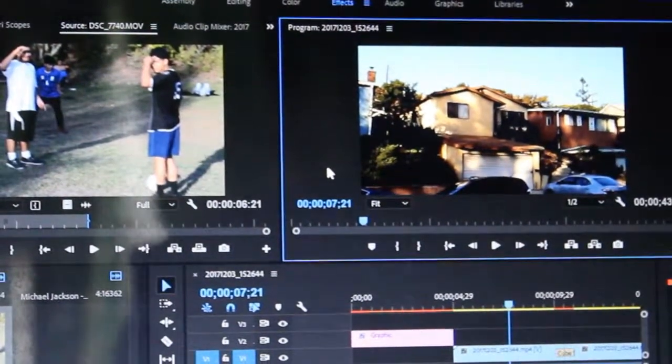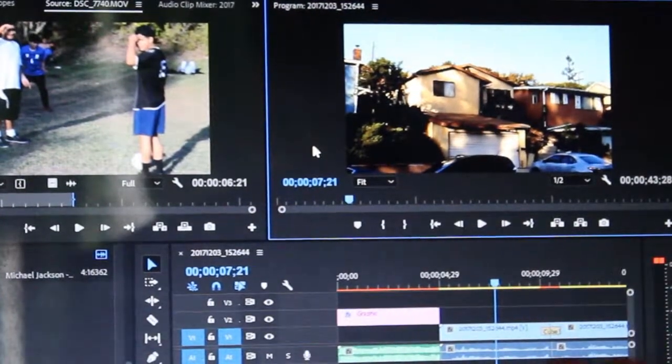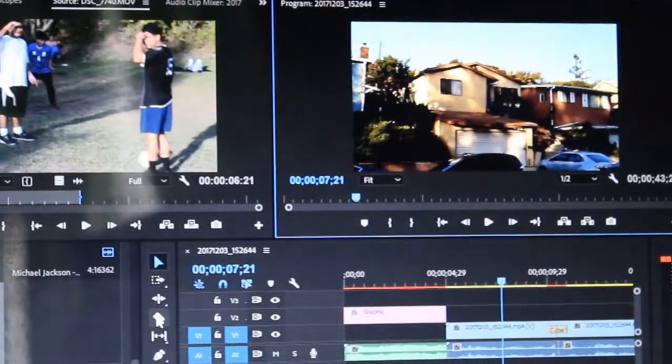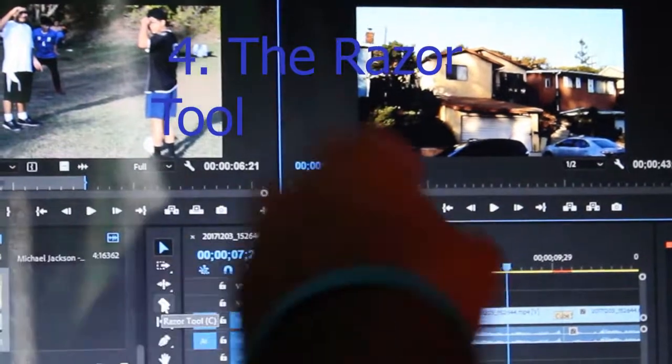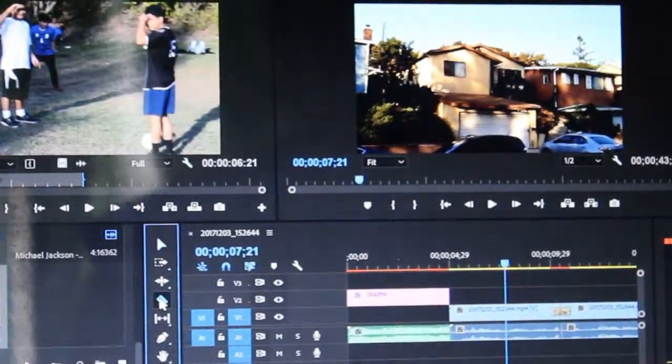So the last main thing I'll show you all that you could use in Adobe Premiere is called the razor tool, which is located between your timeline and video box on the lower side of your screen. So by clicking on the razor,